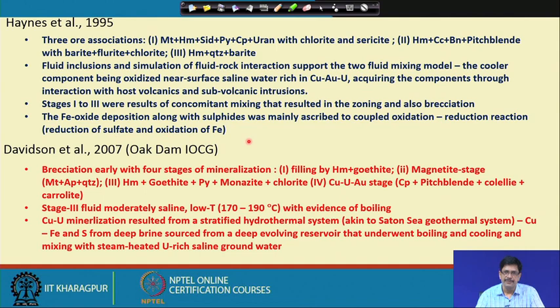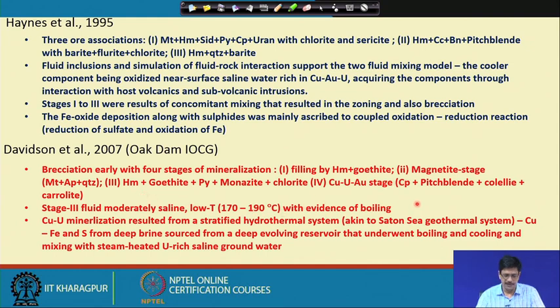In 2007, they studied a locality just within the same IOCG province of Eastern Australia, the Oak Dam deposit, which is a little east-southeast of the Olympic Dam deposit. They interpreted that this brecciation was early, with a total of 4 stages of mineralization. One was the filling by hematite and goethite, then a magnetite stage with magnetite, apatite and quartz, then hematite, goethite, pyrite, monazite, chlorite, and then the copper-uranium-gold stage with the pitchblende,